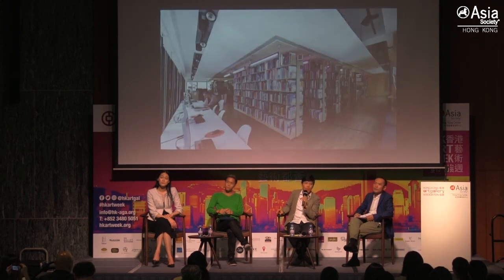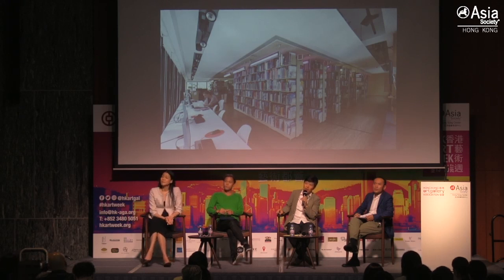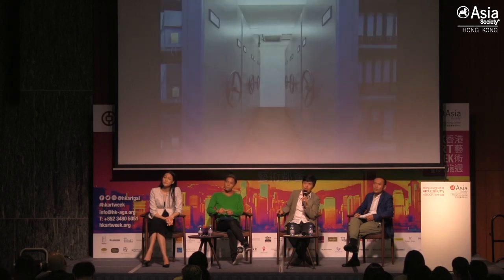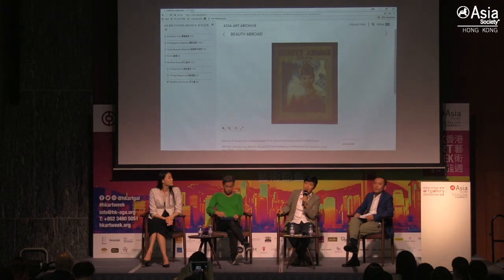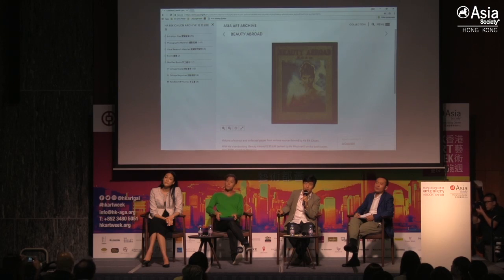But also available is some representation of the collections at the Asia Art Archive. This includes the library. So you see here the physical library, as well as a special collection. This is a view of the physical vault. These are materials that have to be consulted on site, but the website does make available some of the materials. So you see here a record for one of the handmade notebooks by the Hong Kong-based artist Ha Bik-chuan, who is the source of one of the largest collections currently being processed by AAA.